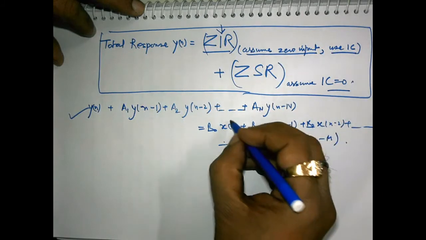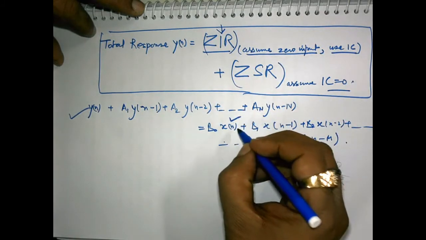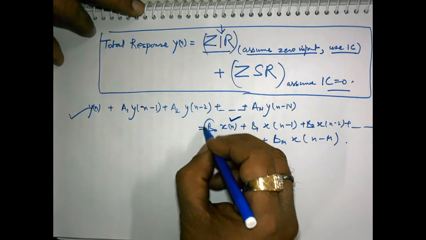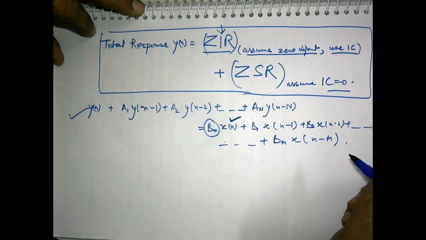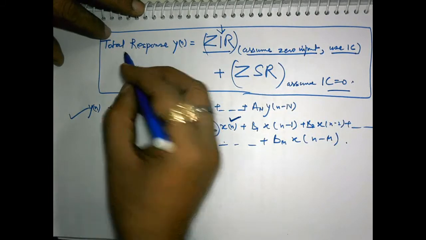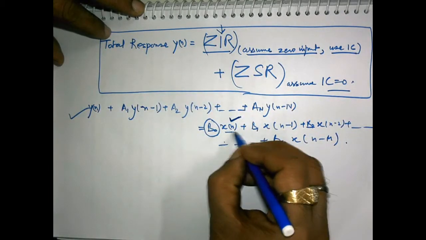Because if we can evaluate what will be the solution if applied input is xn, then we can very easily evaluate what will be the output if applied input is b0 xn. Naturally, the output will also be multiplied by b0. That yn will also be multiplied by b0. And if we know what is the output with xn,